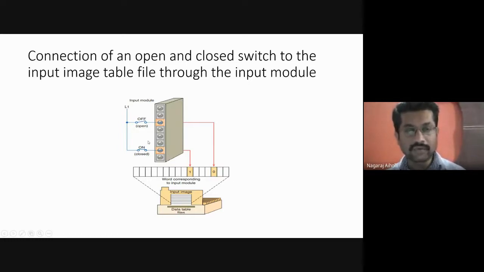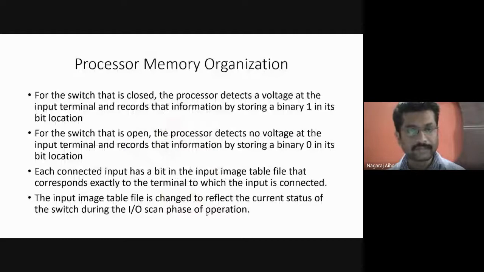If it is 0, then it senses the voltage as 0 volts, and based on that, it stores the status as 0 in the input image data table file. For the switch that is open, the processor detects no voltage at the input terminal and records the information by storing a binary 0 in its bit location.